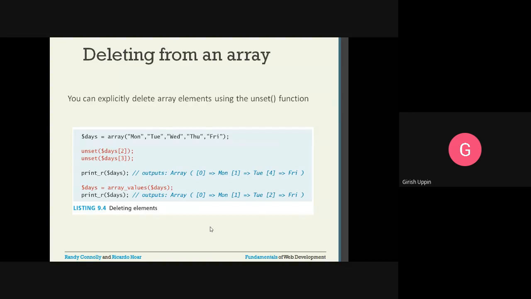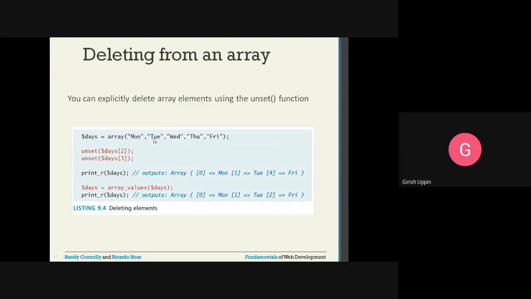Deleting from an array: you can explicitly delete an array element using the unset function. So using unset, we can delete any element that is present. For example, here you can see the $days array is created with Monday, Tuesday, Wednesday, Thursday, Friday, 5 elements. The keys would be 0, 1, 2, 3, 4. Now we are doing unset($days[2]). What is $days[2]?